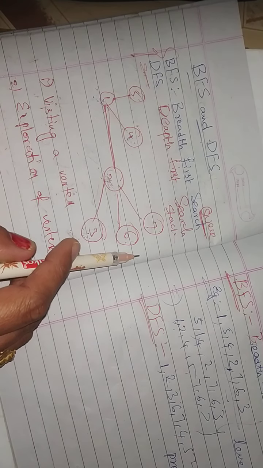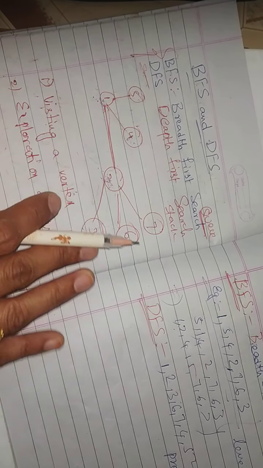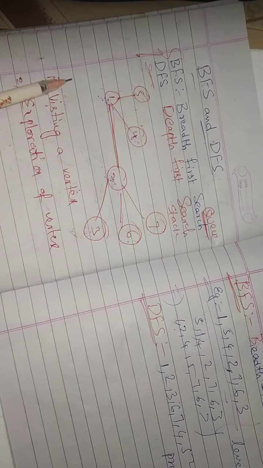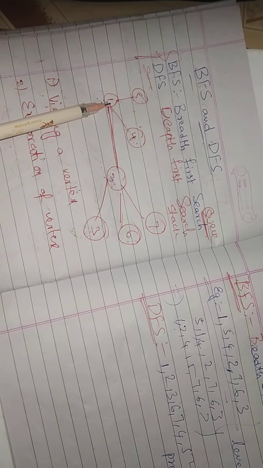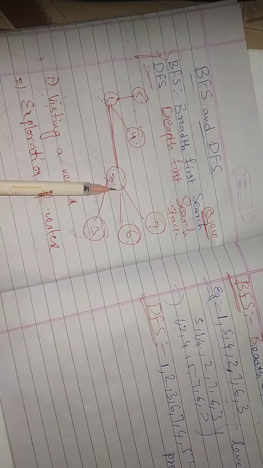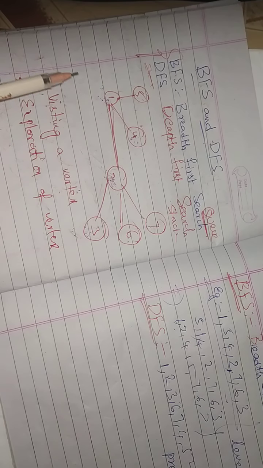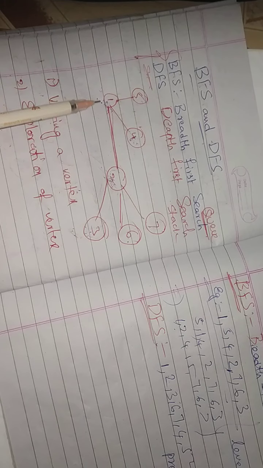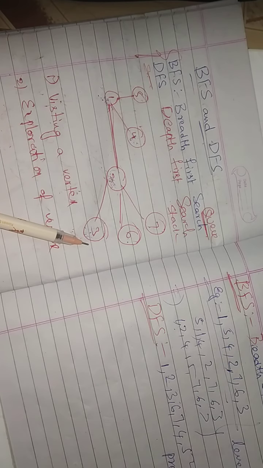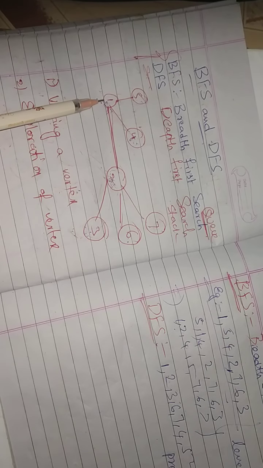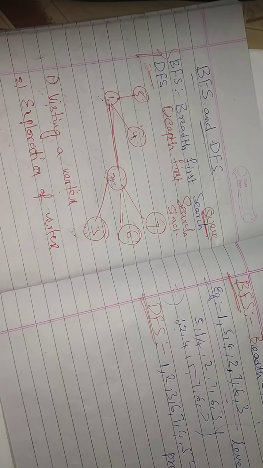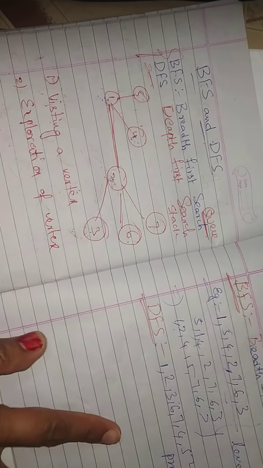I am taking another example. Okay. The rules are, in BFS, first explore a vertex and then go to the next vertex. First go to one vertex. Explore it. Explore all its vertices and only then go to the next vertex in BFS. But whereas in DFS, go to the vertex deep and explore. First go to the vertex at depth, then only explore.